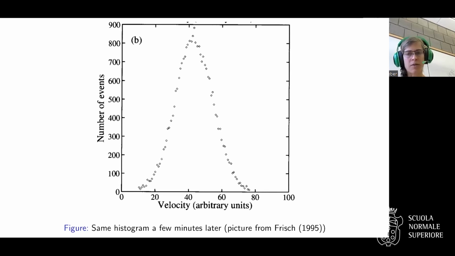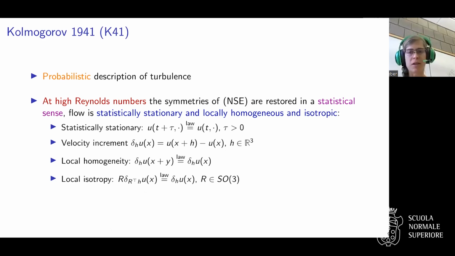Kolmogorov, and I think others before him, Taylor and so on, realized this and thought maybe what is needed is some kind of probabilistic description of turbulence, interpreting everything in a probabilistic sense. He observed the experiments and the flow, and then made hypotheses based on that. And then based on these hypotheses, he derived further relations.